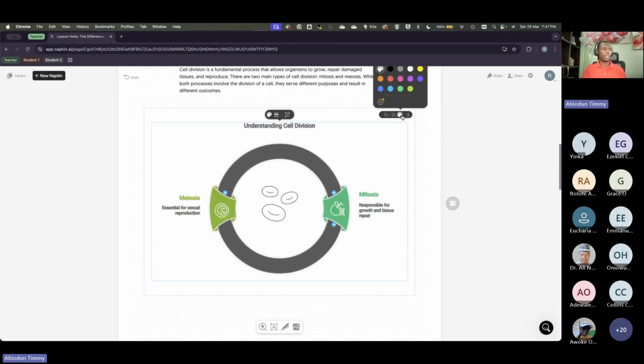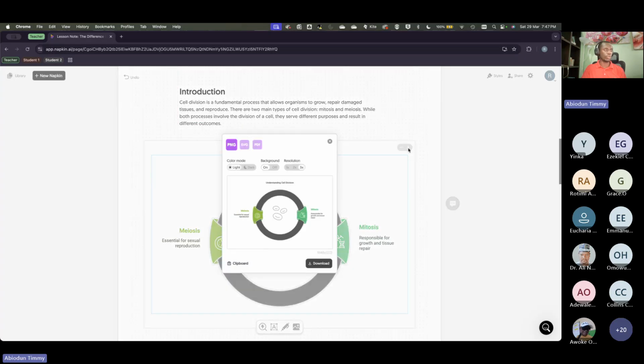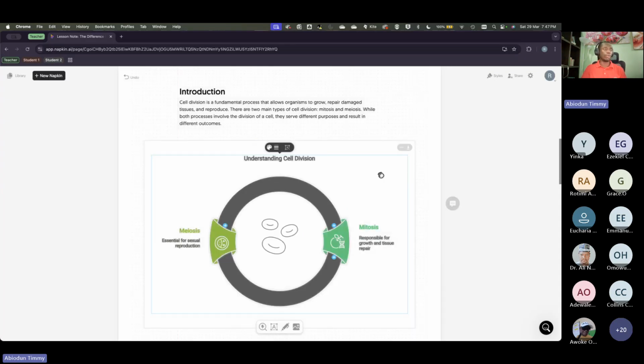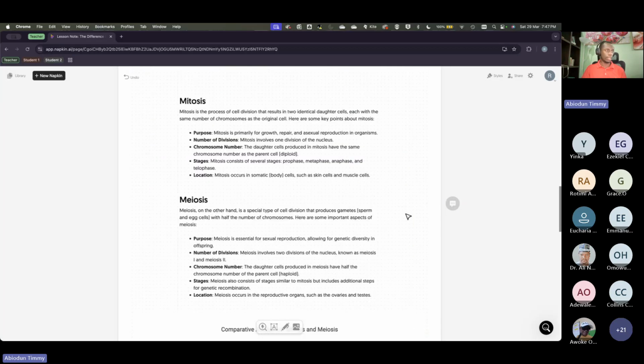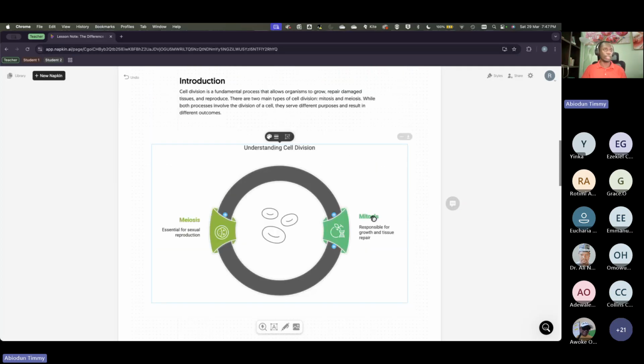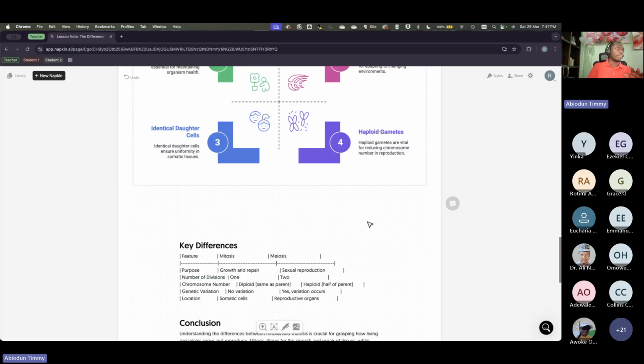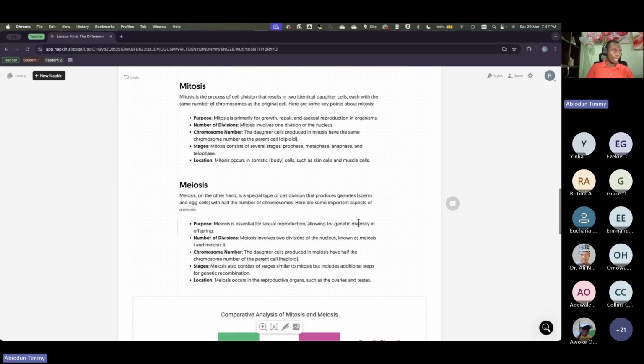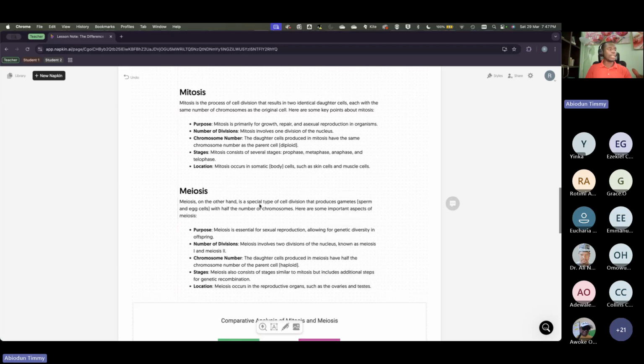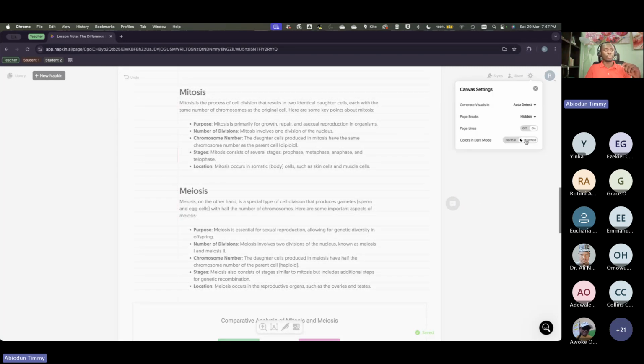So I talked about being able to download it as images. Sometimes you can just download that one single one, and then it's enough for you to put into your presentation. Another benefit of this is that whatever you have done here, you can actually present it still. So overall, you can come to here, and then you want to share,